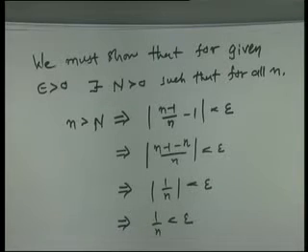This is the same step as we have solved in the last example. In the last example we solved limit n tends to infinity 1 by n is equal to 0. Here we tried to solve the limit of the sequence a n is equal to (n minus 1) upon n, and its approaching value is 1. So when we start with some given epsilon greater than 0, we reach the step 1 by n, and this we can solve as in the last example. So definitely now you can solve this example. Slide please, next.